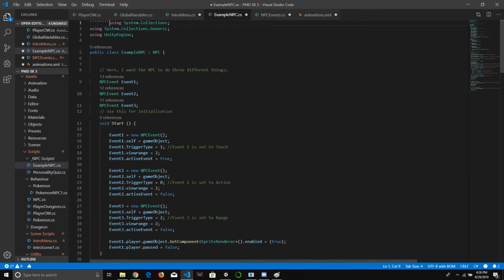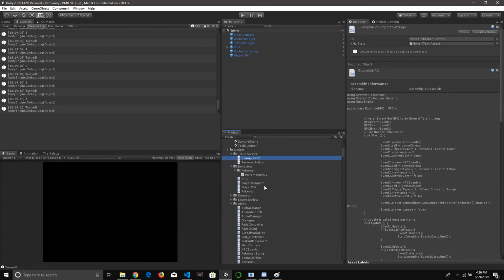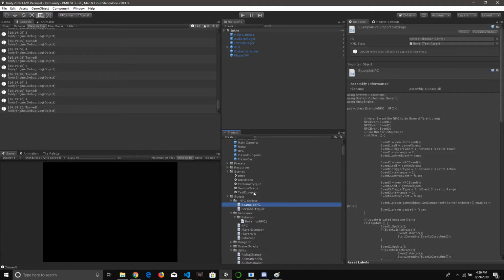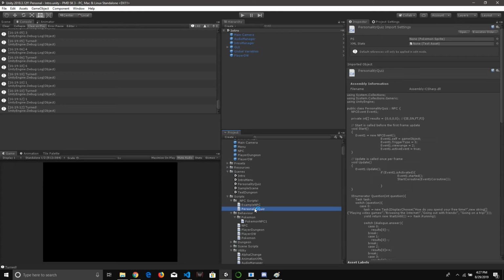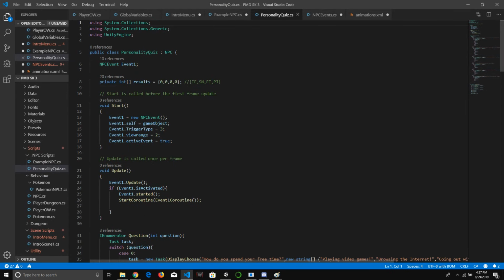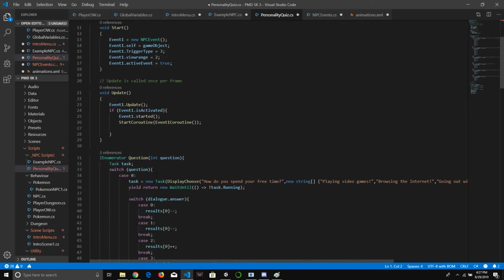I was actually in the middle of making the personality quiz again, because all the previous work you saw in those last three videos were made in Game Maker Studio, which I then had to try to rework into Unity. So I still have the personality quiz thing to work out,